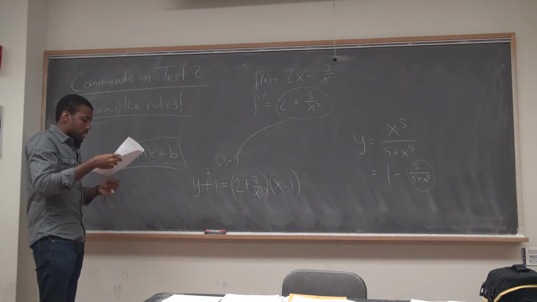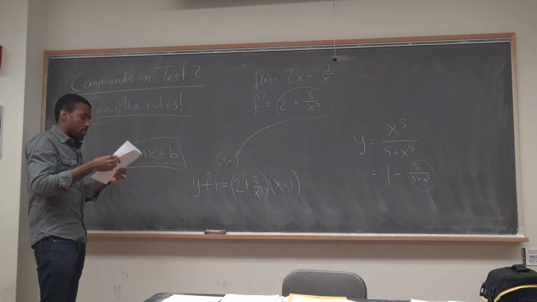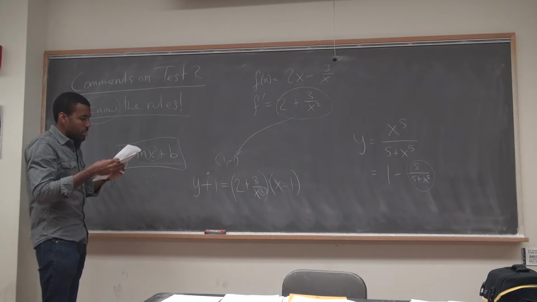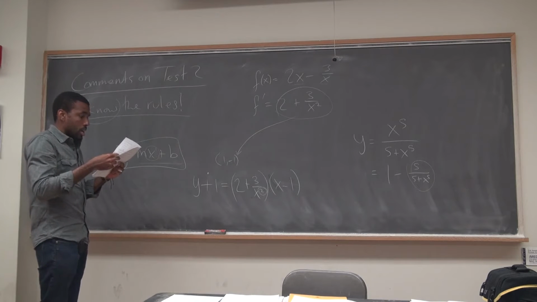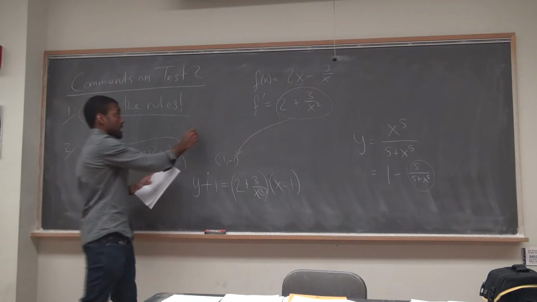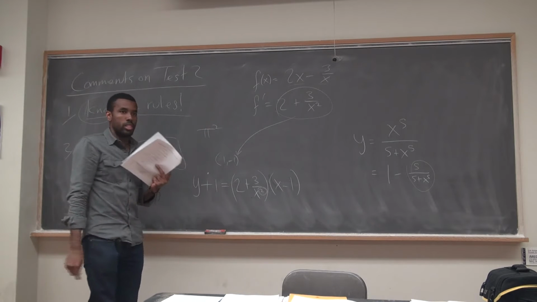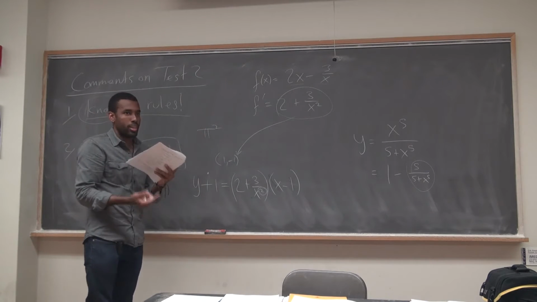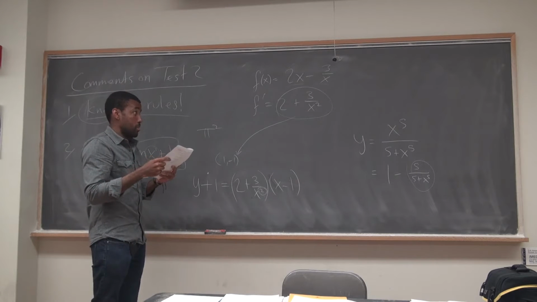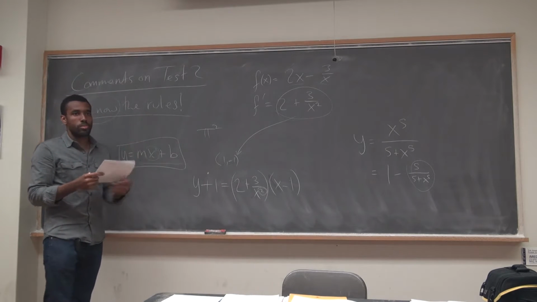Problem 2 was kind of half and half. A lot of people kind of knew what they were doing, but there were mostly algebraic mistakes. A lot of people forgot that pi squared was actually a constant. Its derivative is 0. A lot of people differentiated that and said it's 2 pi. It's not, right? Because they don't know the rules.